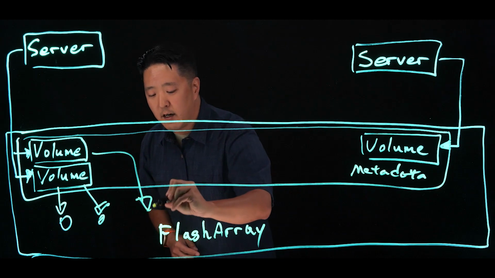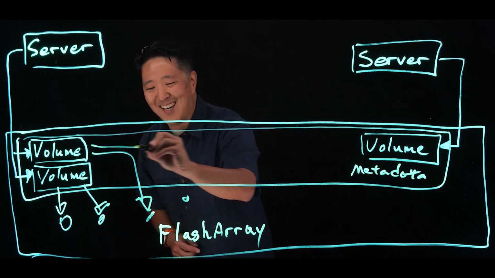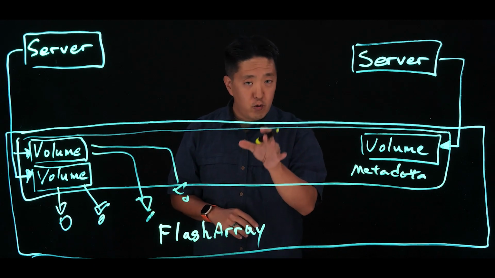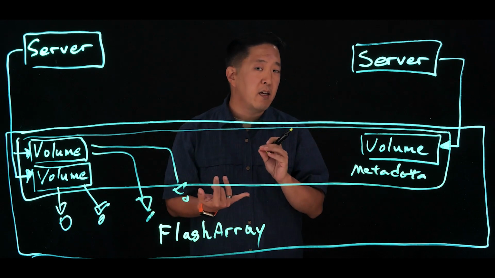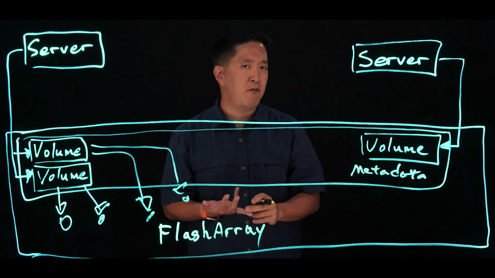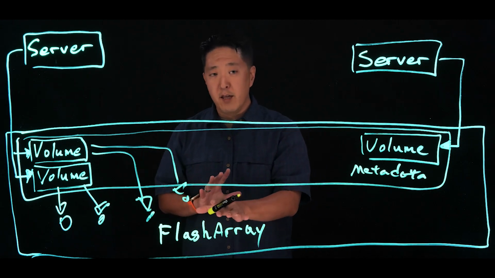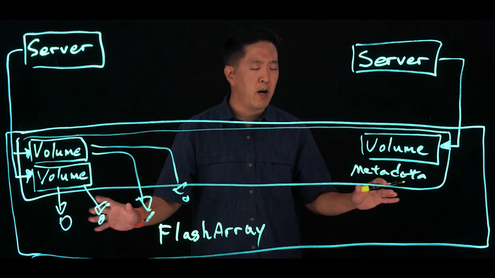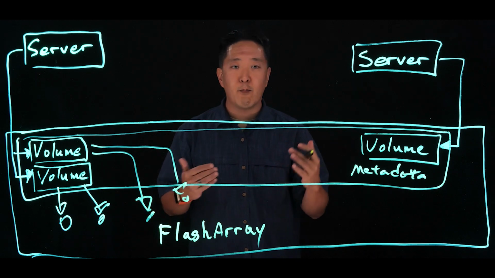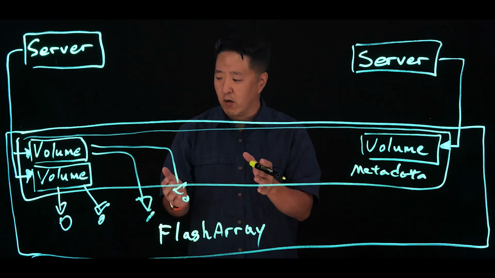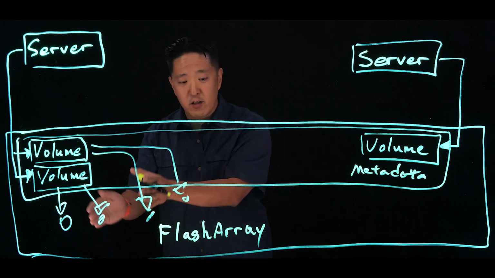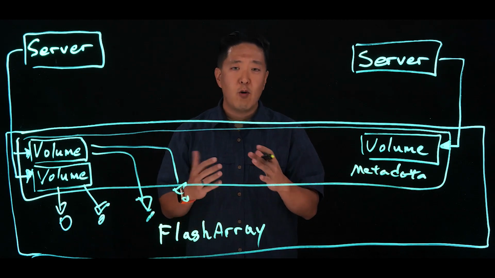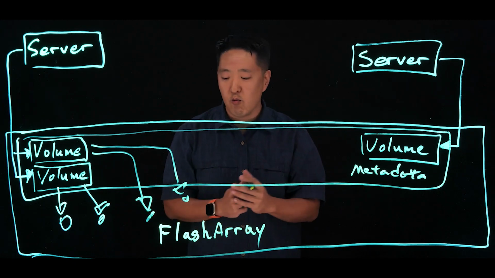So what I'm drawing now are these little dots, which is really just a representation of your data, that true data that you're storing on the FlashArray in a compressed and deduplicated fashion. And one of the great things about this implementation and approach is that your data is stored all across the entire FlashArray, which brings a lot of different benefits. From a performance perspective, you're not limited to, say, I/O throughput of a handful of disks. You have access to the entire array. And from a deduplication perspective, you have the benefit of the entire array as well.